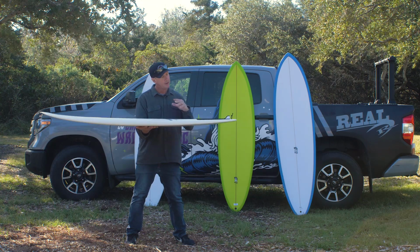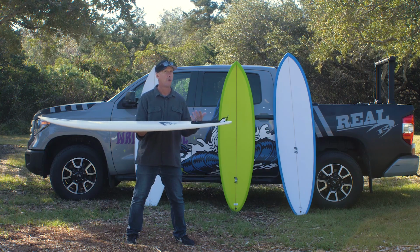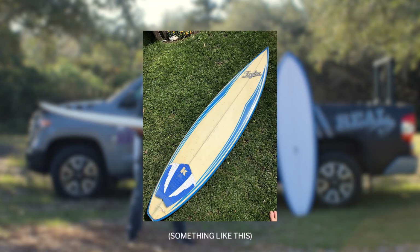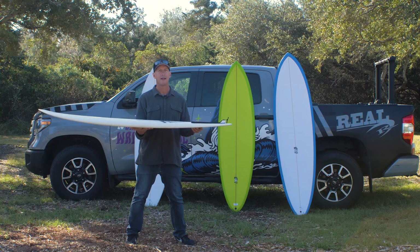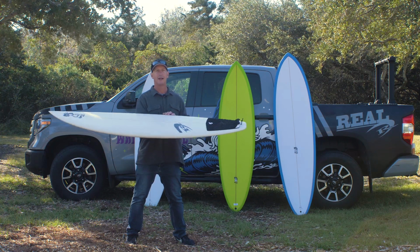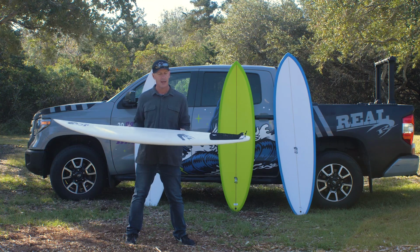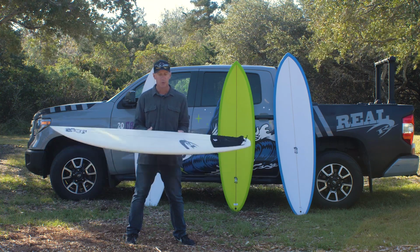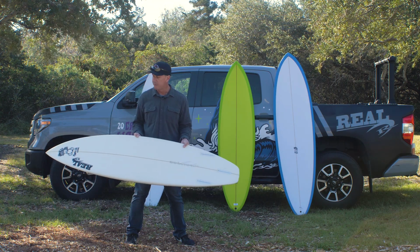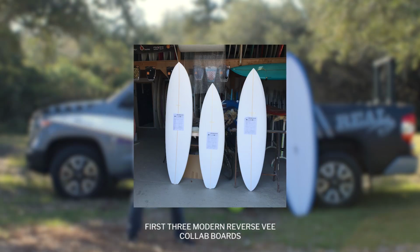But the original Reverse V, if you remember, was 6'4" by about 18 by about 2 1/8. It was a tiny little chip of a board, which somehow worked back then. I'm not really sure. Maybe humans were smaller back then, but it wouldn't work in today's day and age. So we got up with Maurice, and we said, hey, this is definitely worth bringing back. Let's do something with this bottom shape, and we did a collaborative effort with Maurice to bring it back